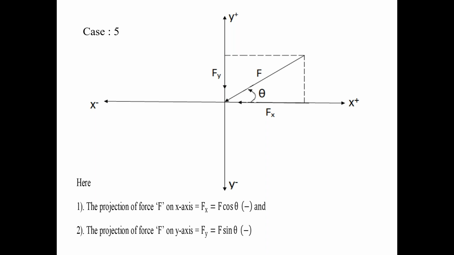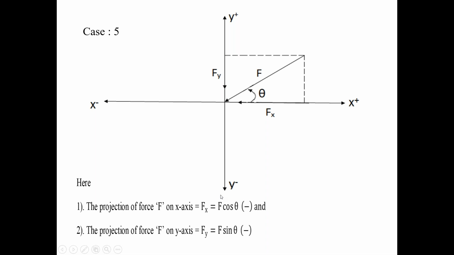So please everyone practice that pen nib procedure. Put your pen nib in the direction of force F. Bring the pen onto the x-axis. Indicate the direction on the x-axis by the direction of the pen nib. Similarly on the y-axis. So in the fifth condition, Fx is equal to F cos theta because force F makes the angle theta with the x-axis, but the direction is towards the negative x-axis. So Fx is the negative projection. Fy is equal to F sin theta, but the direction of Fy is towards the negative y-axis. So Fy is the negative projection.